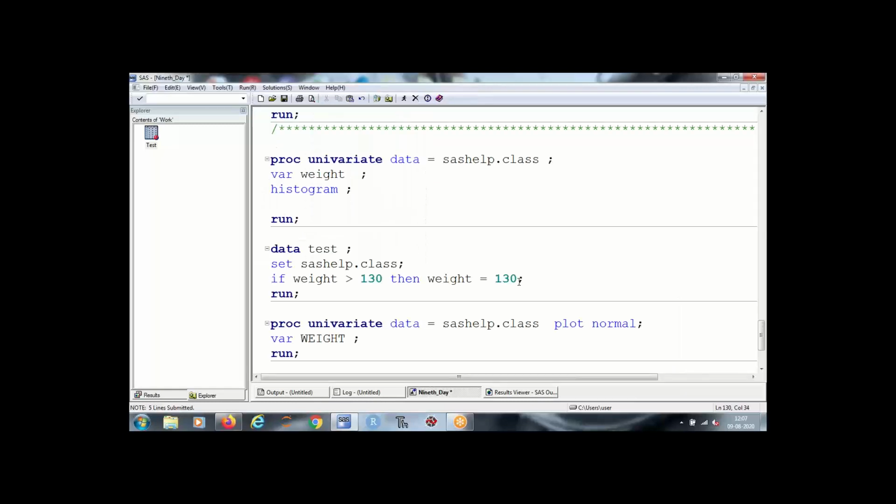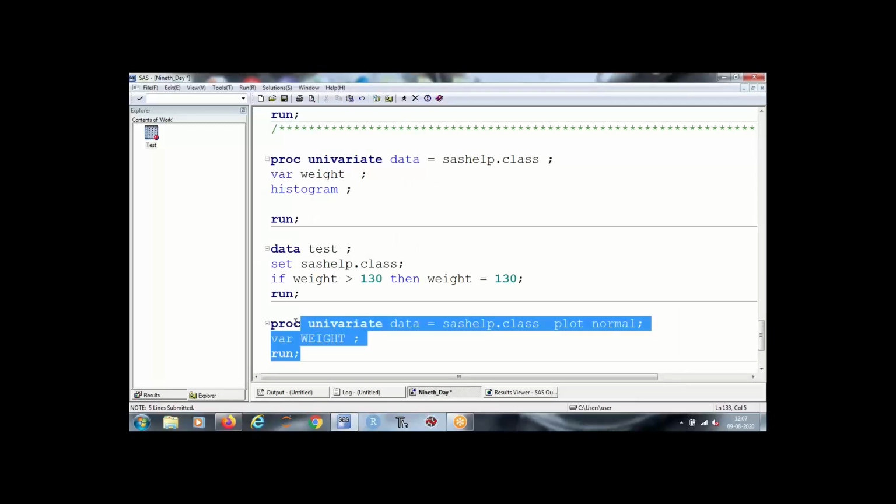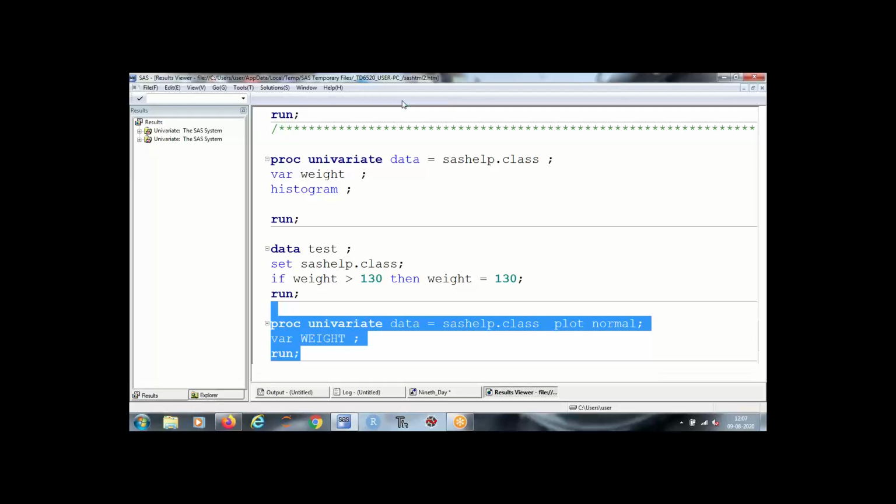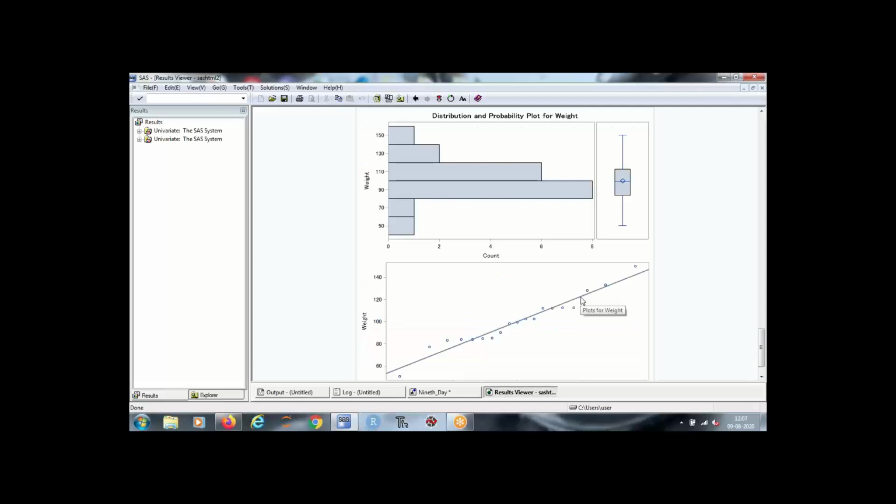All right. With the help of proc univariate, you can plot your normal probability curve like this. This will show you the distribution of your data. Other things are the same.